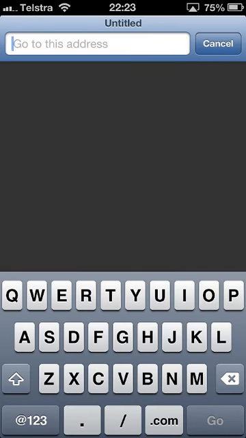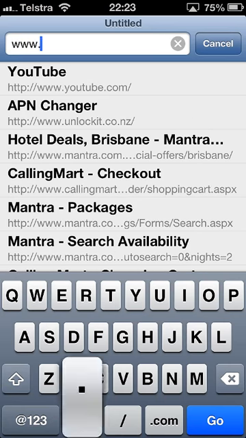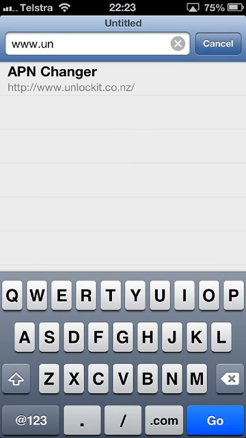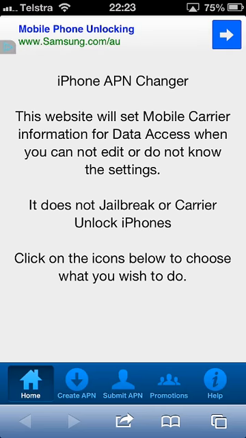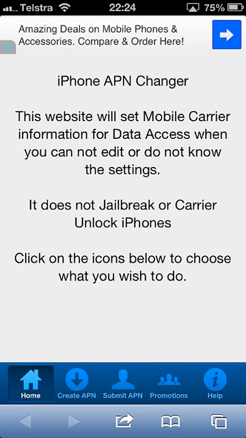What you need to do is open the Safari web browser on your iPhone or iPad. Visit the website www.unlockit.co.nz. Now, it is important to remember that when you download the APN setting onto your iPhone or iPad, this